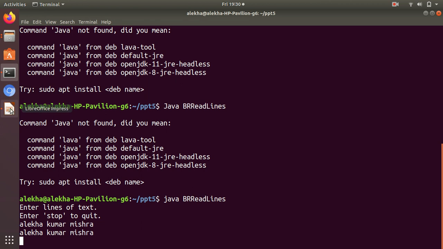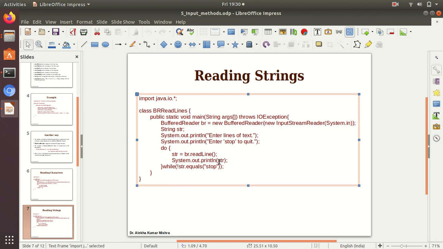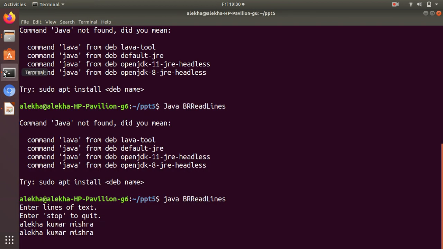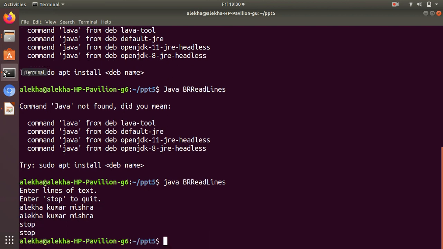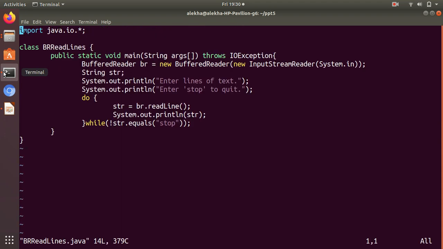Let me make a small change to show which string has been read. Let us modify the program itself, using vi, to make it very clear whether it is printing correctly or not.